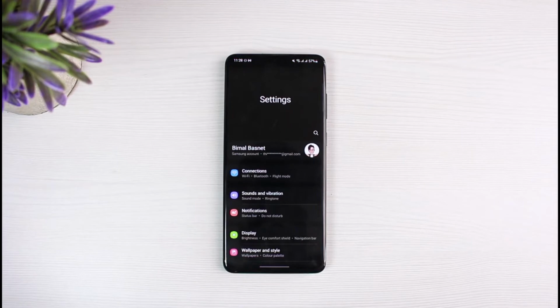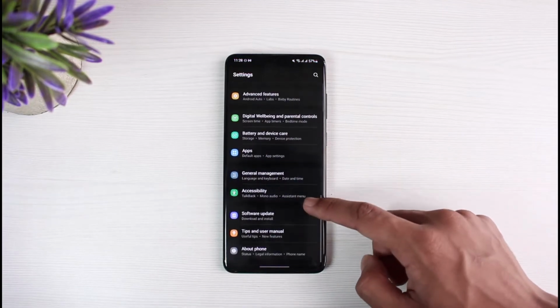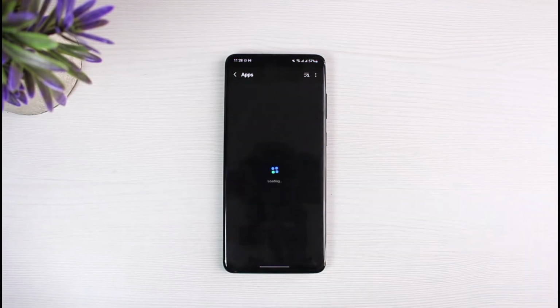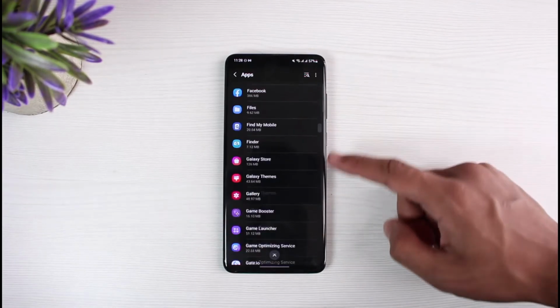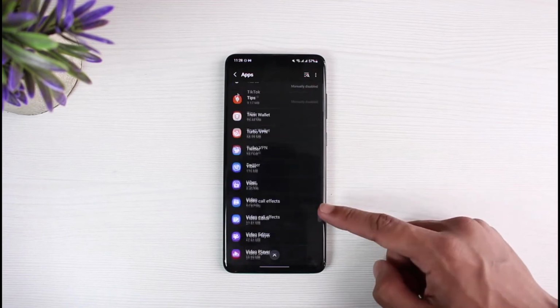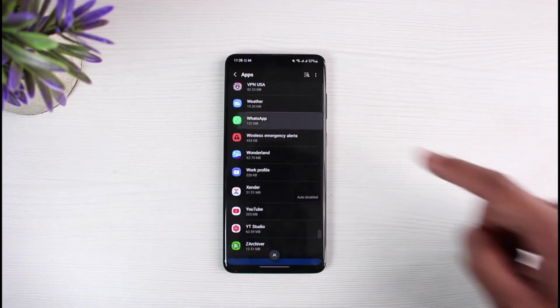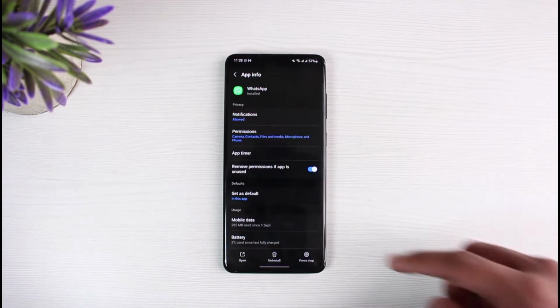Once we open up Settings, on the list of these options, just go ahead and select the one which says Apps. As soon as you select Apps, you have to go to the option called WhatsApp. So just go ahead and look for the WhatsApp application. As you find WhatsApp, tap on it, and as you tap on WhatsApp, first of all, I would recommend you